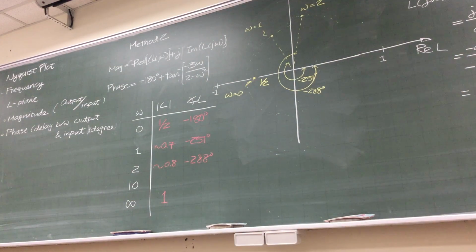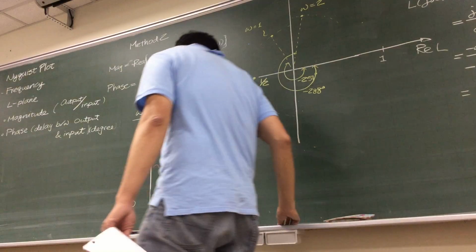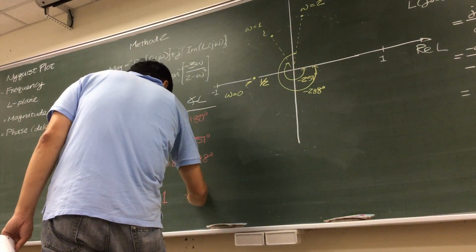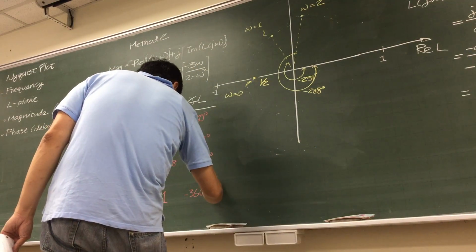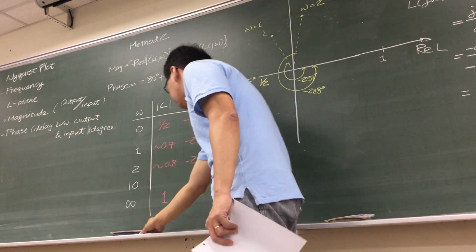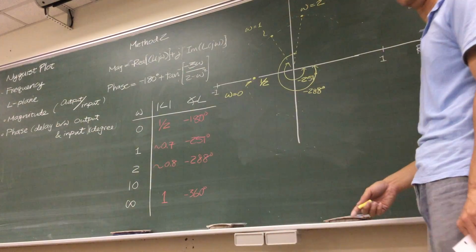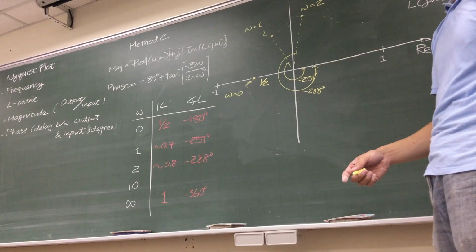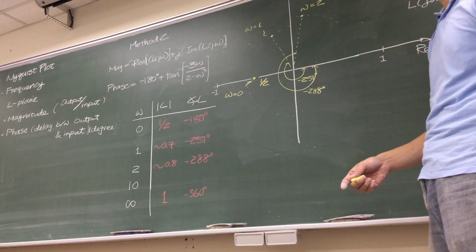This is negative 180 degrees. Since this is positive, and this is going to be another one, you're going to find the angle is actually negative 360 degrees. So when I say the magnitude equals 1 and the angle is negative 360 degrees, where am I going to draw my